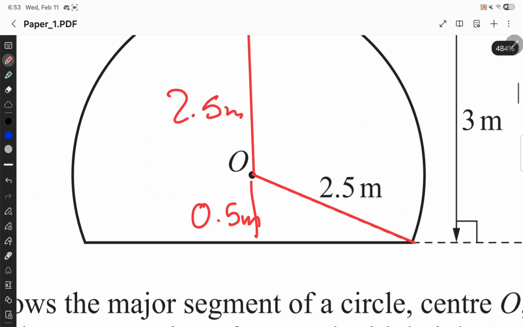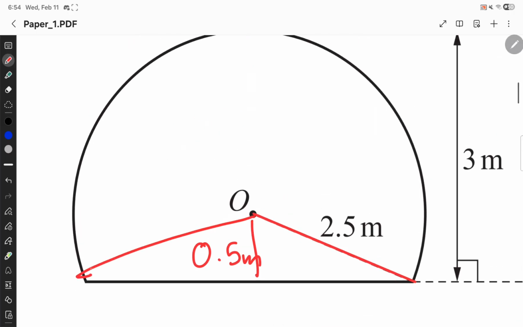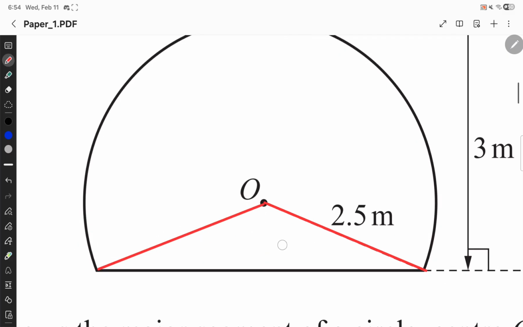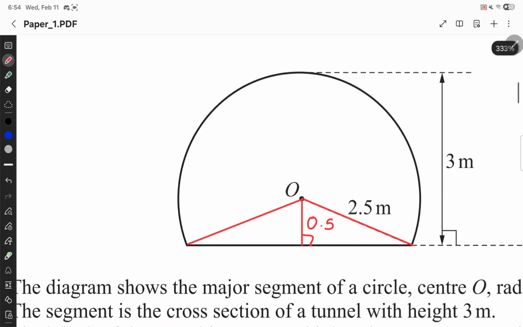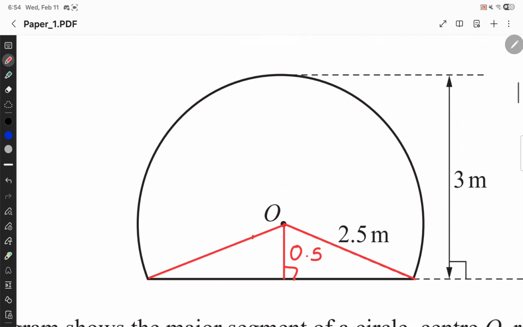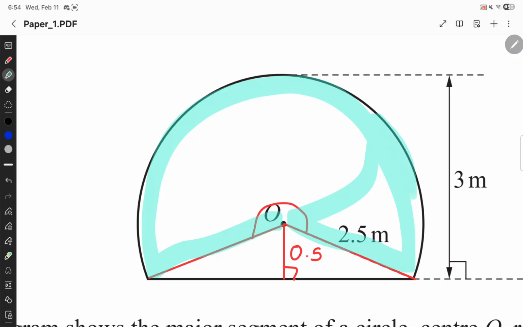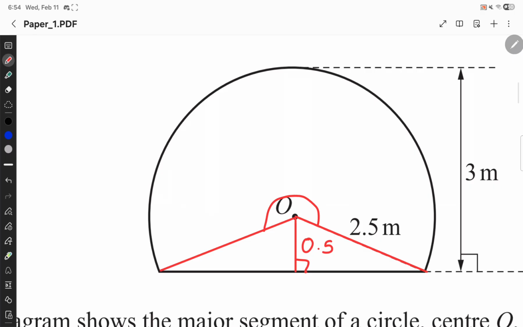So we find a little triangle, and if we draw these two radii, then we make two triangles, and on a closer look, this is a sector, so we get a sector area also. Our goal is to find the area of this sector and the area of these two triangles, then add them together to get the area here. So